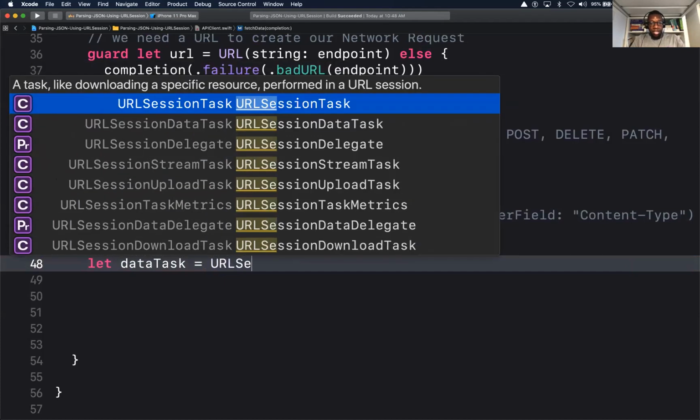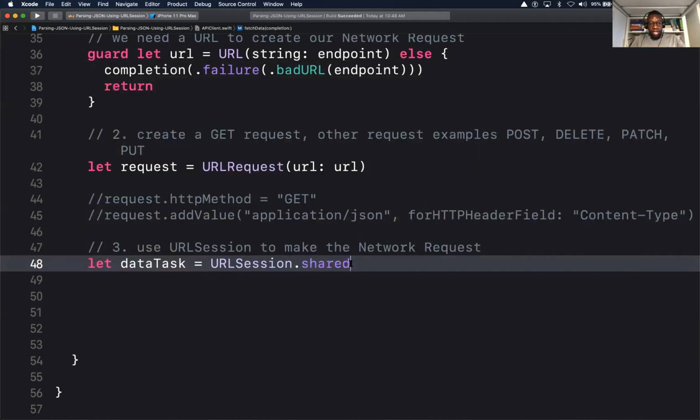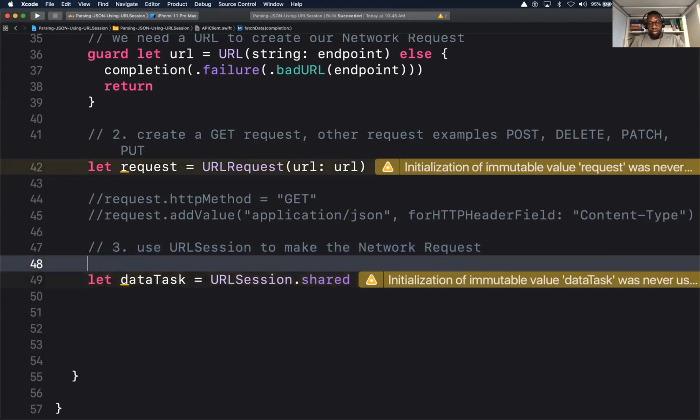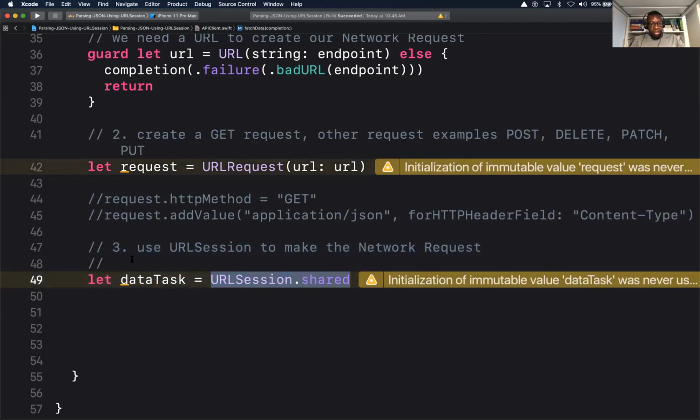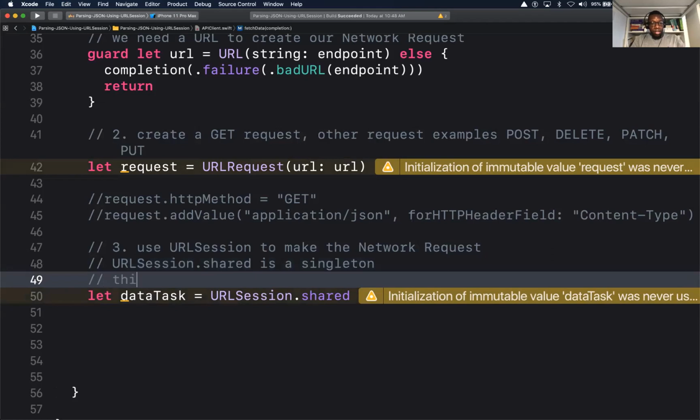So URLSession.shared. Here we're using the singleton on URLSession. This is enough unless you want to do extra configurations. Actually, let me put that notes in here. So URLSession.shared is a singleton. This is sufficient to use for making